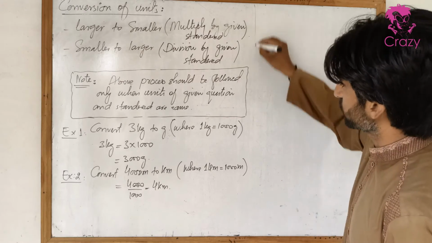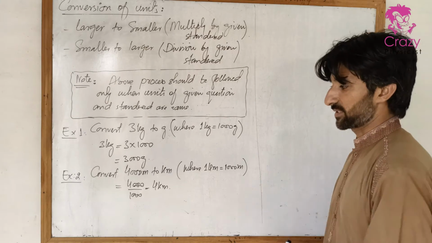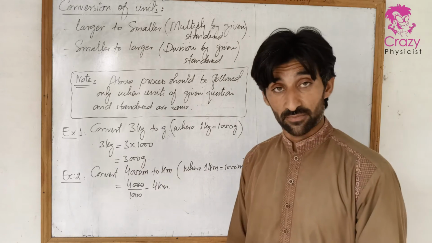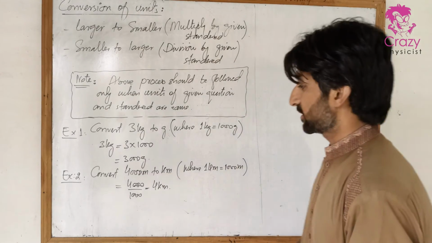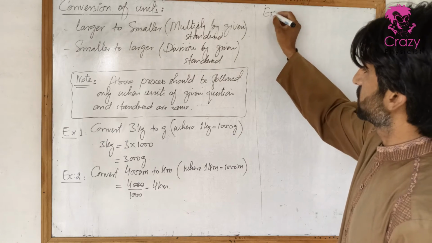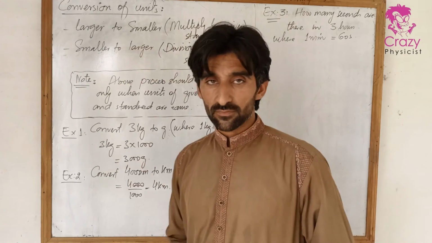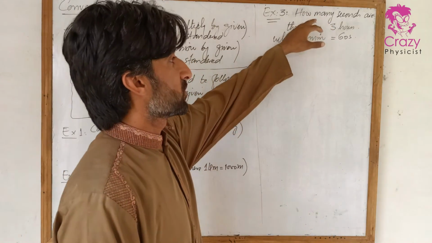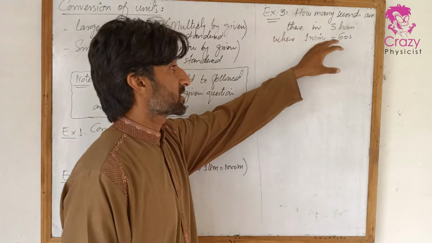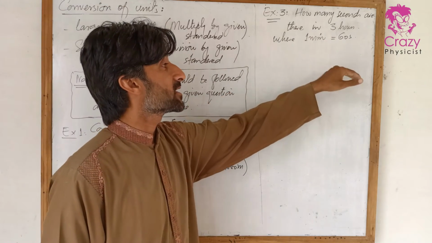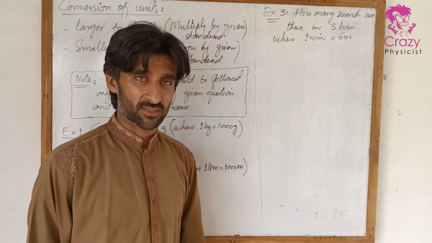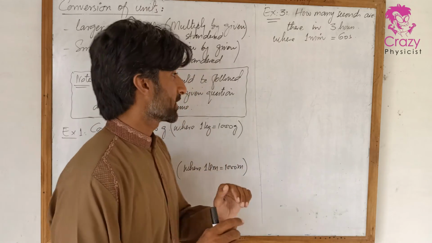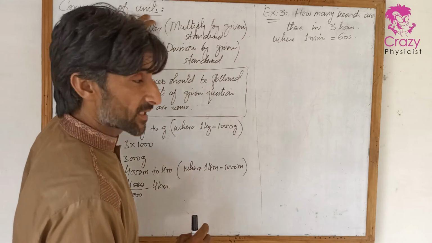So coming up to the next thing. If we have a case where the units are not the same, what will we do? For example, we have a third example which is written there. The question says, how many seconds are there in 3 hours, where 1 minute is equal to 60 seconds? If you apply this directly, like you are applying that